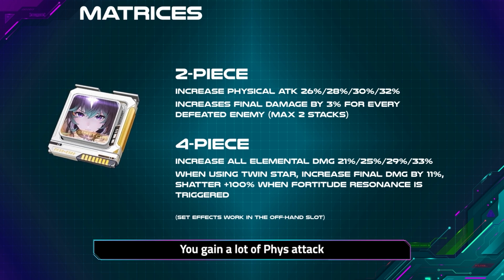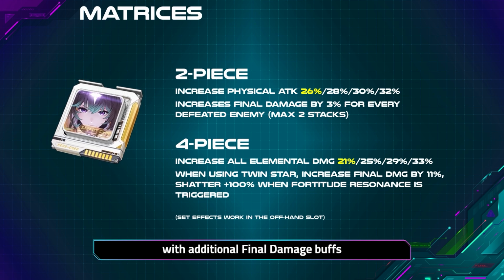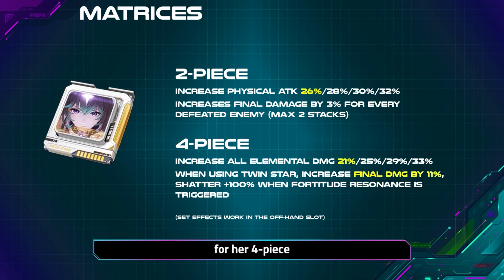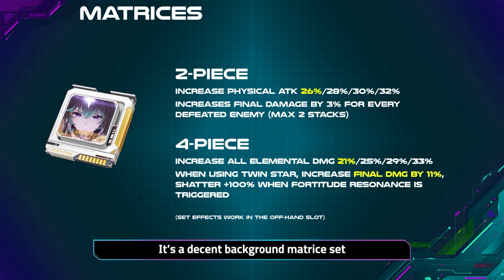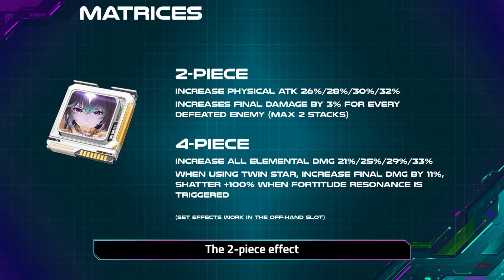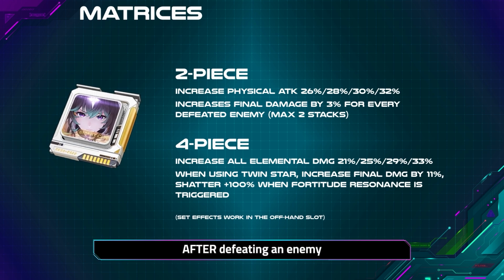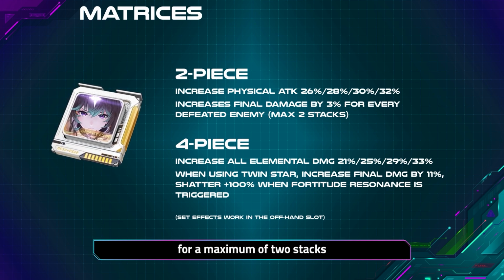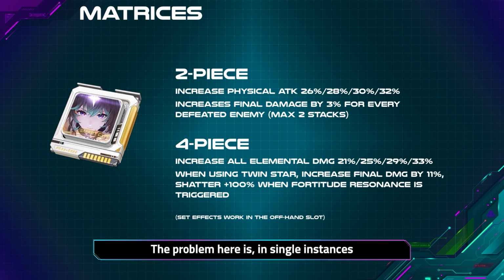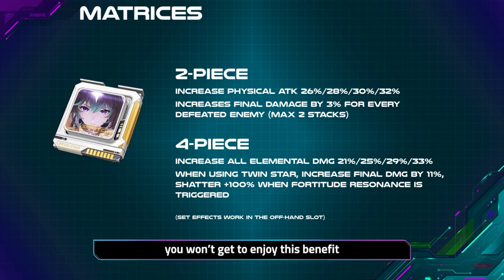At 0 stars, you gain a lot of fist attack and all elemental damage with additional final damage buffs for her 4-piece. It's a decent background matrix set if you don't have good ones. The 2-piece effect gives you a stack of final damage buff after defeating an enemy for a maximum of 2 stacks. The problem here is, in single instances when you're fighting one boss only, you won't get to enjoy this